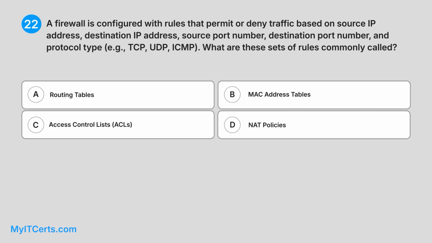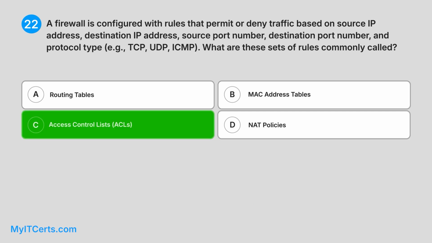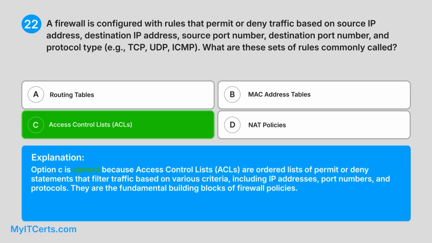Correct answer. C. Access control lists, ACLs. Explanation. Option C is correct because access control lists, ACLs, are ordered lists of permit or deny statements that filter traffic based on various criteria, including IP addresses, port numbers, and protocols. They are the fundamental building blocks of firewall